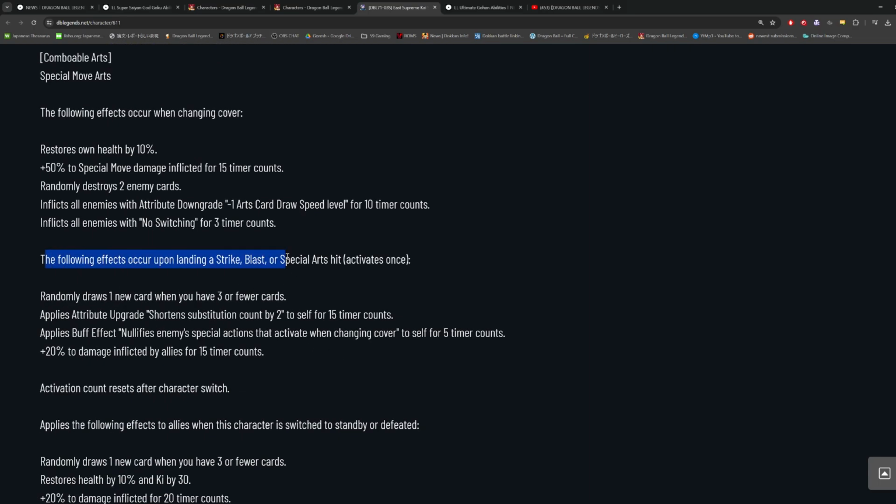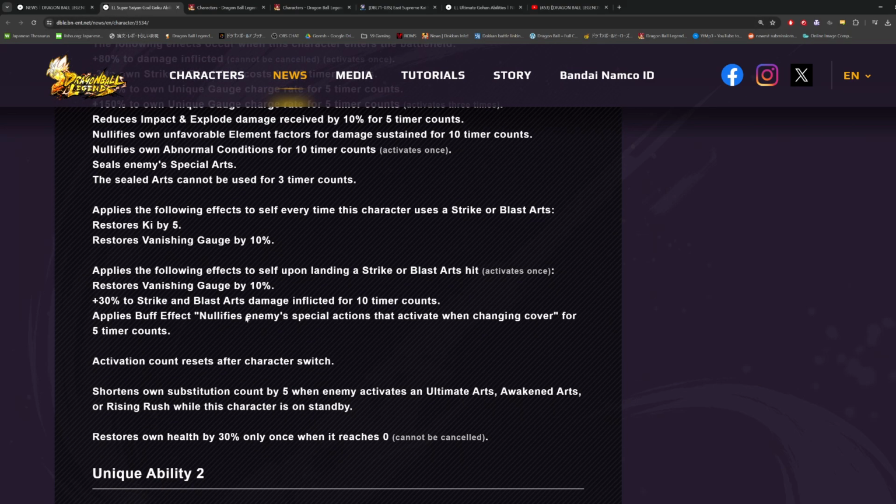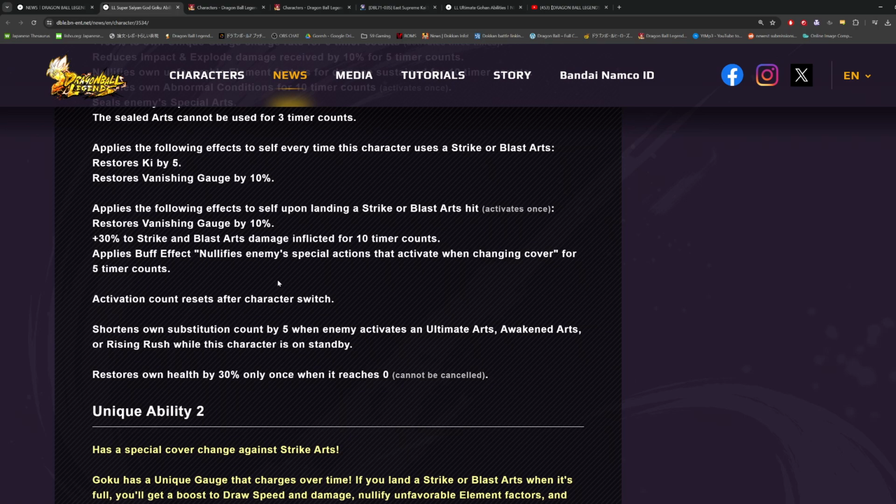Yeah. Upon landing a strike, blast, or special arts, covering all for 5 counts. Not a bad mechanic. I mean, there could be instances where you get cover changed against on the first card you're going to use with this character, but it's not bad. Activation count resets if the character switches, of course. Shortens own sub count by 5 when enemy activates an ultimate arts, awakened arts, or rising rush while this character is on standby, and then he has endurance. So this is strong in combination with this, but obviously it's not going to matter if you're fighting like Vegito or somebody who nullifies endurance when they rising rush, but